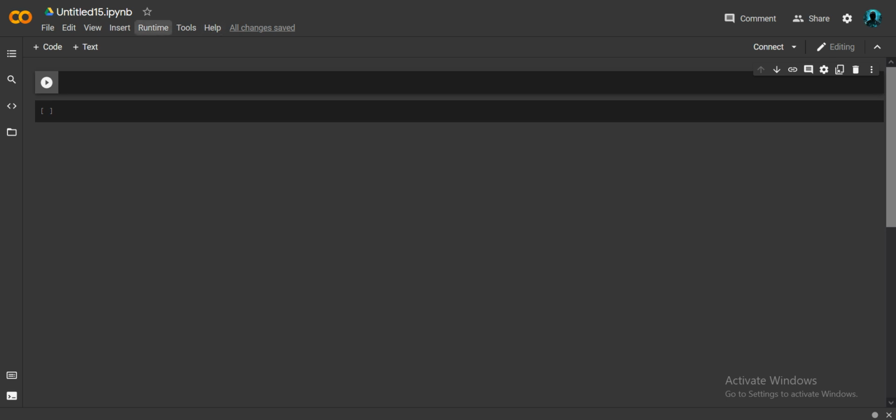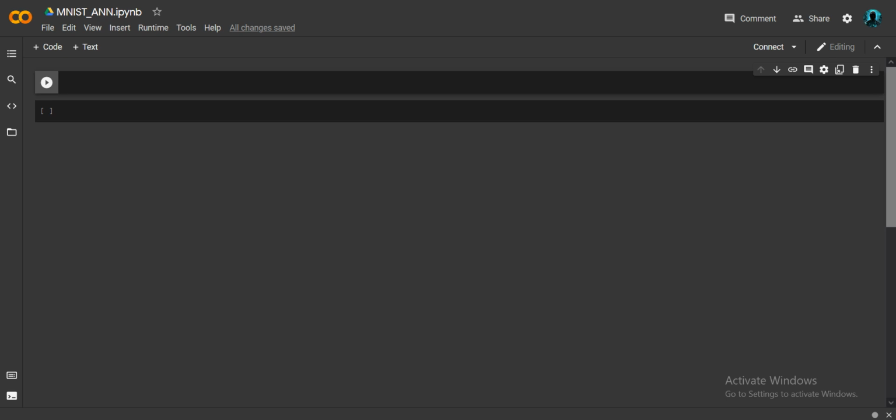I will write MNIST here as a heading. We will use the ANN model first, and in the second video we will use MNIST with a CNN model. Then you can compare how the accuracy is higher in CNN compared to ANN. But you have to use ANN first, because this is the basic thing you have to learn. ANN is an artificial neural network, and in CNN we use ANN as a hidden layer. I will explain everything step by step.